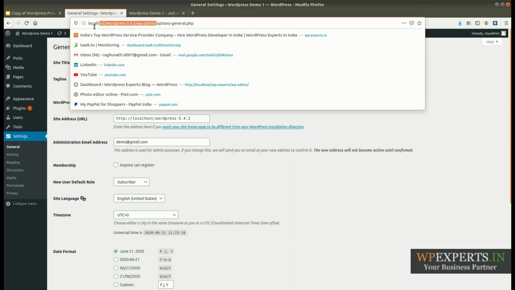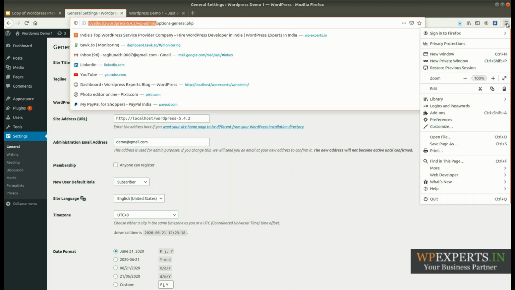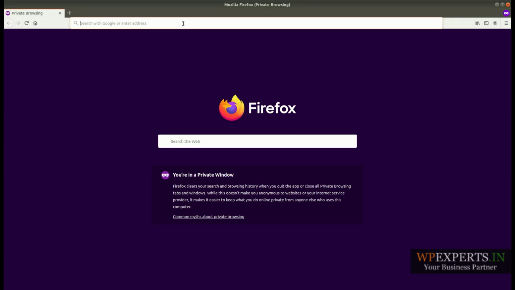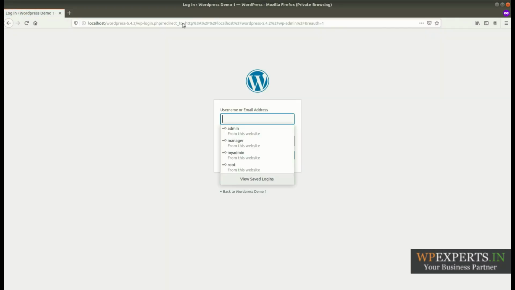Let me open it in a private window because I have already logged in here. You can see the option here only to recover your lost password or go back to the admin login page. It means you have not allowed user registration via the admin login screen.